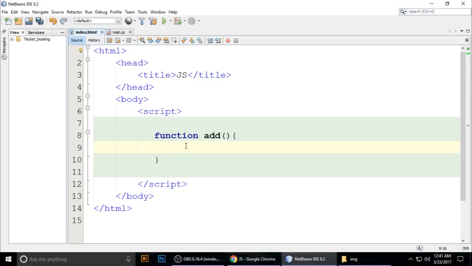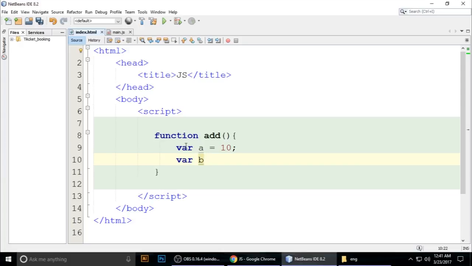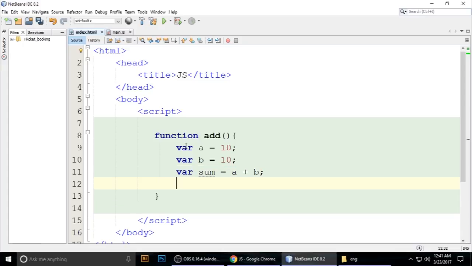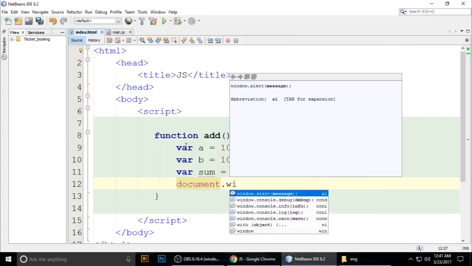We want to add two numbers. First, a is 10 and b is equal to 10, and we want to add. Okay, so var sum is equal to a plus b. Okay, Control S to save, and document dot write